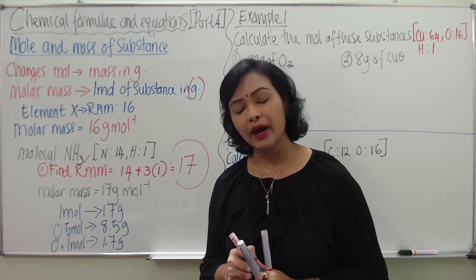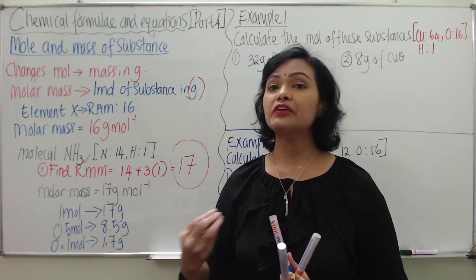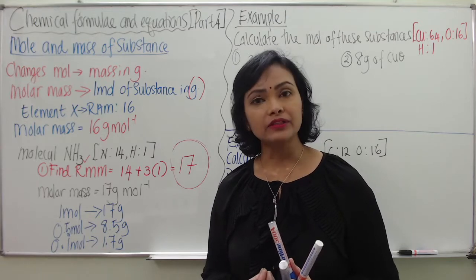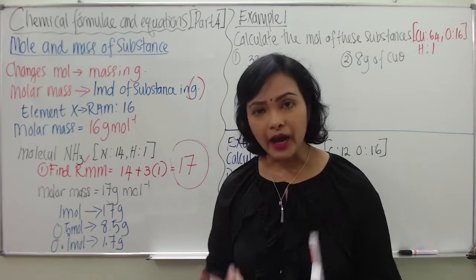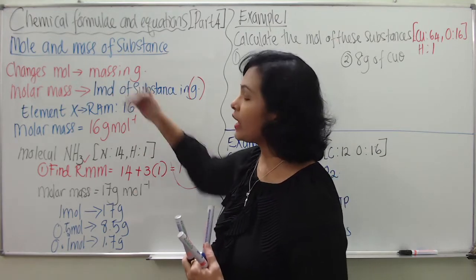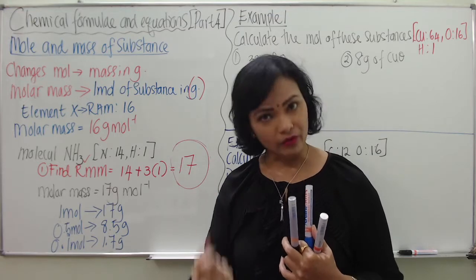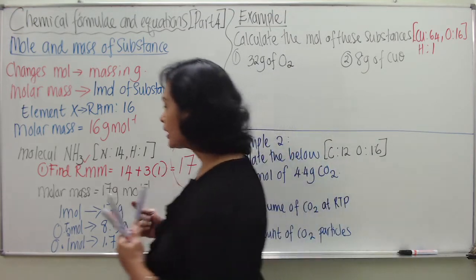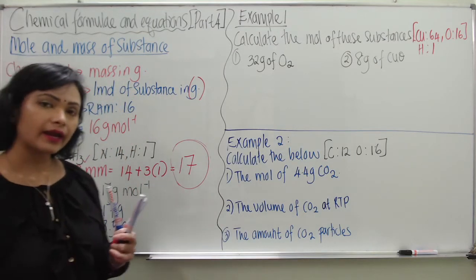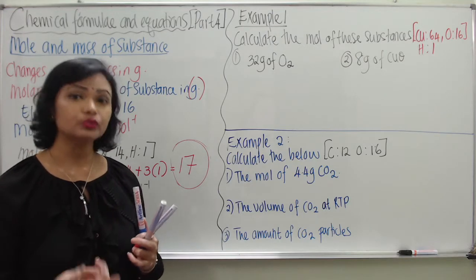Because I know in part 1, I was telling about relative atomic mass, relative molecular mass, but I did not use the term gram or kg or any type of unit. Now, thanks to mole, thanks to molar mass, we can relate the mass of an atom in the form of gram. Now, let's discuss a few examples on how to calculate mole using molar mass.